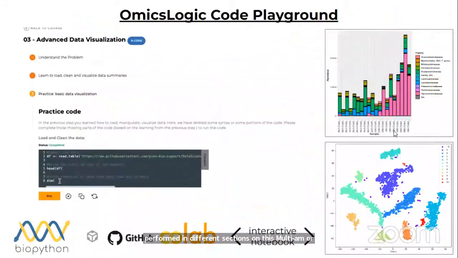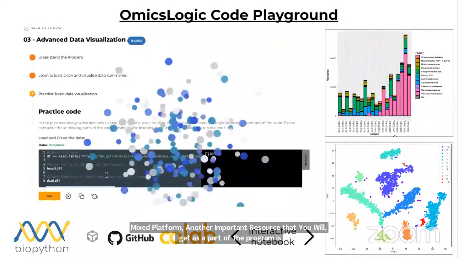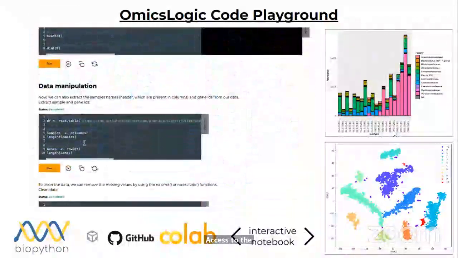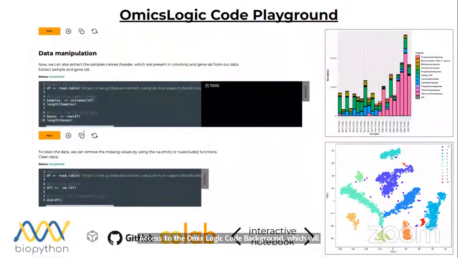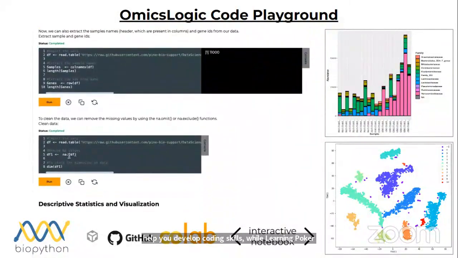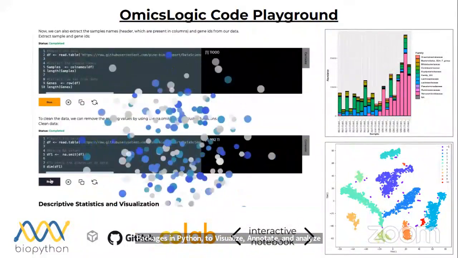Another important resource that you will get as a part of the program is access to the OmicsLogic code playground, which will help you develop coding skills while learning popular packages in Python to visualize, annotate, and analyze complex patterns in biological data. In addition, you will also get access to the Google Colab notebooks as a part of the